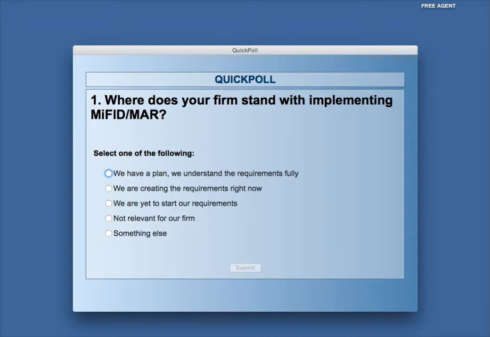The rules apply, MiFID and MiFIR particularly, to firms that are headquartered in Europe or have a presence in Europe. The big question is, what's the applicability for a firm that has no presence in Europe? Do these rules apply? And as we go through them, we will see that there are some very sticky points here that make this question extremely important.